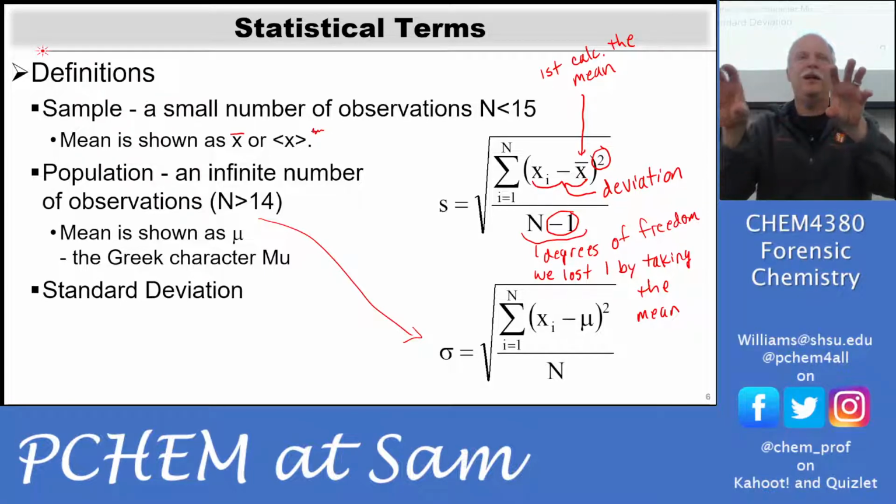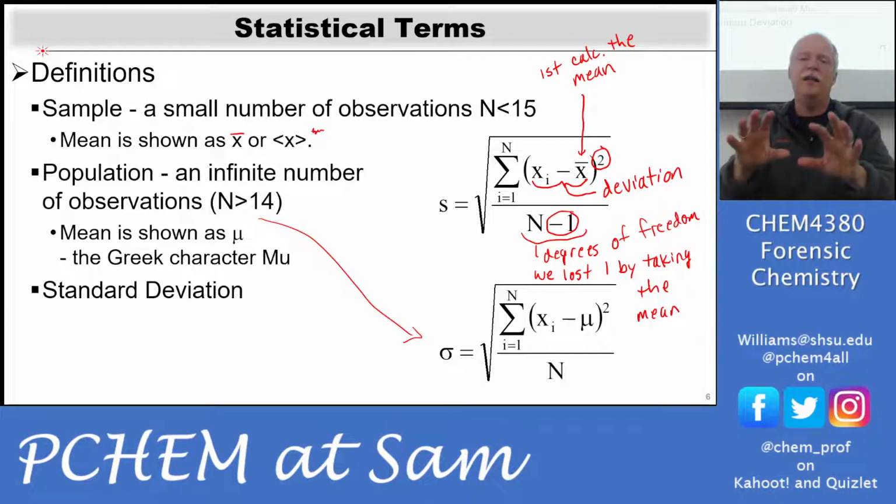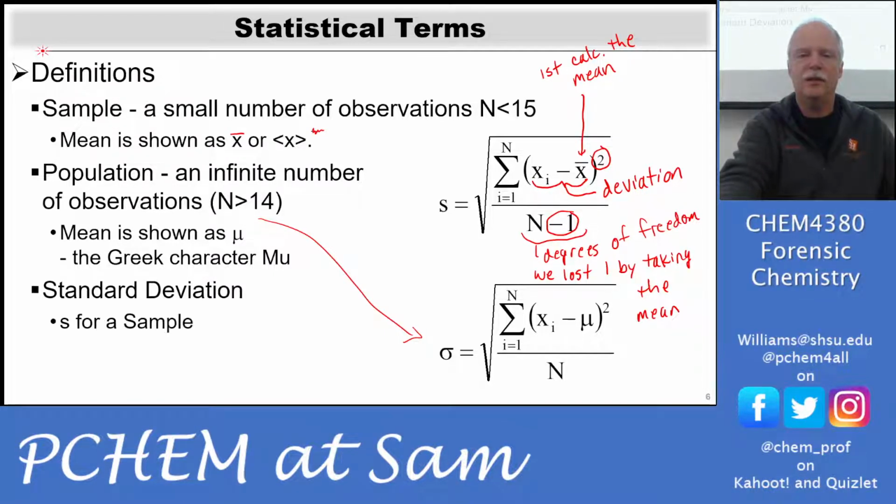You only really have 1 degree of freedom. I mean, you fix one data point, the other one can move around. And so it's n-1 degrees of freedom to move that mean. So you lose 1 degree of freedom whenever you take the mean. And so the standard deviation is what we call a conservative estimate. So let's look at